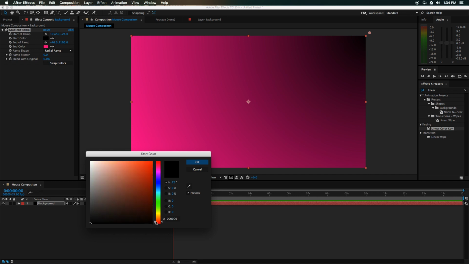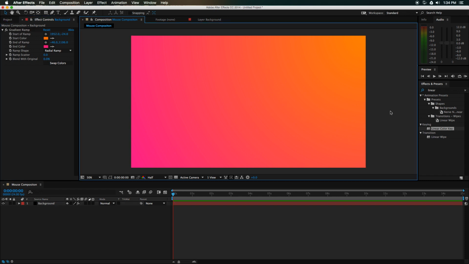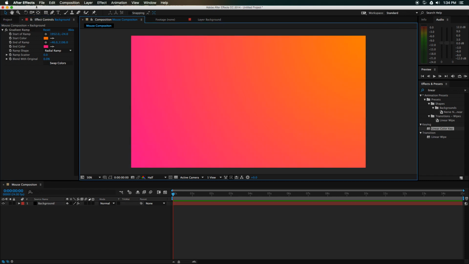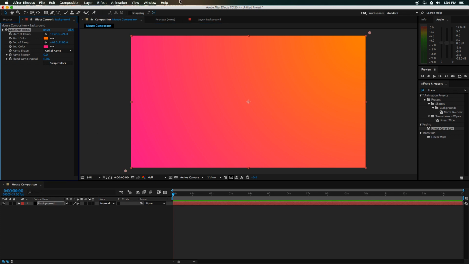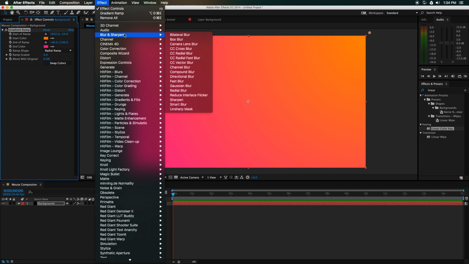Let's see. Okay. Yeah, maybe a little more light. A little less, a little more. That looks nice. And we are working in 8 bits, so we'll get a little bit of weird banding in the lines. And a quick way to solve that problem, we'll come up to Effect, do Blur and Sharpen, and